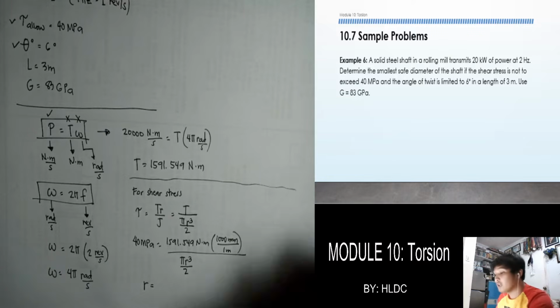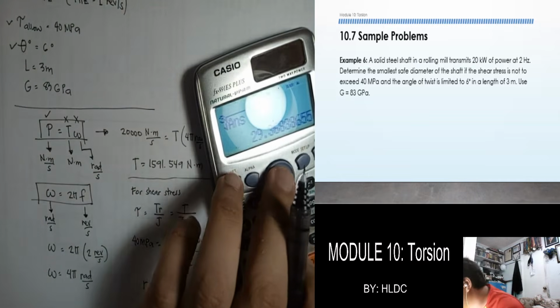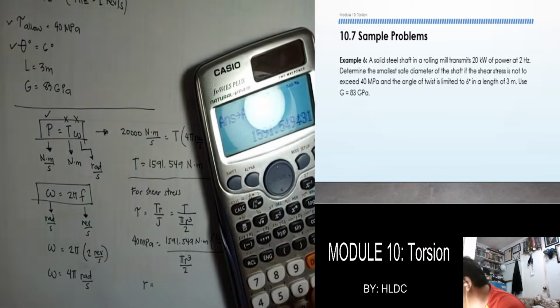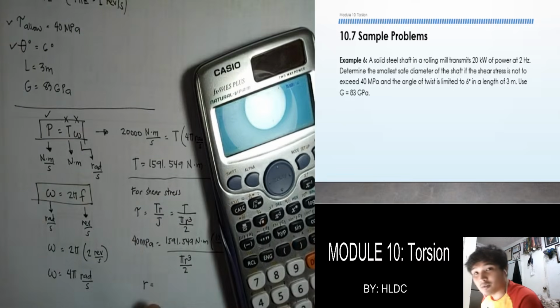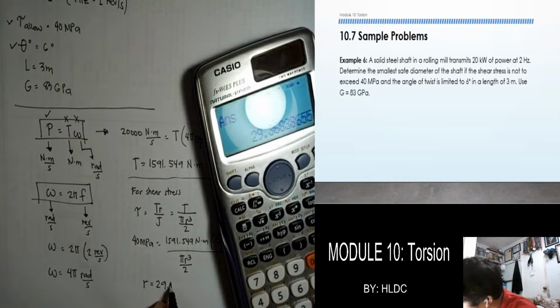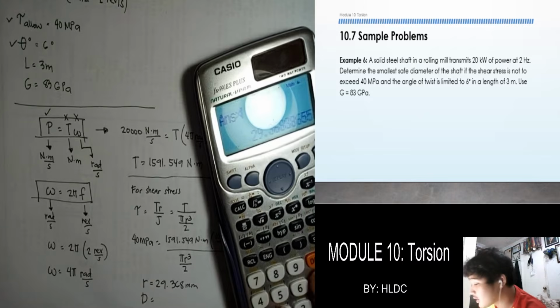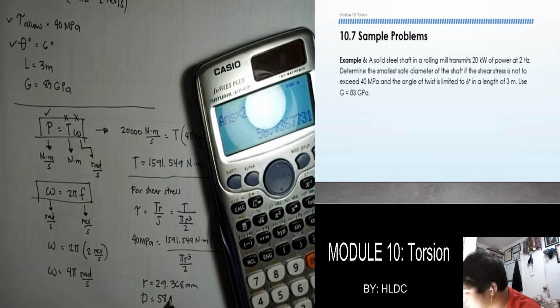Okay, so lumabas sa calculus ko, check ko lang, class, ha. Okay, so tama naman siguro. 29.368 mm. So, solving for the required D, ilan yun dito? So, times 2 ko lang. Ayan, 58.74